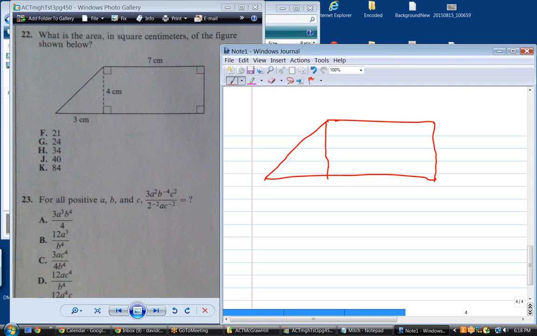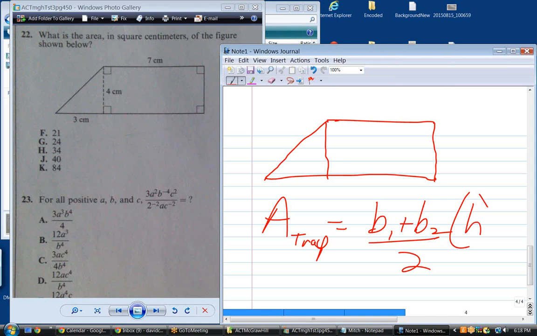It's a trapezoid. Because this is parallel to that, and this is not parallel to that. That makes it a trapezoid. Well, there are going to be some more difficult problems where it's going to be easier for you to solve if you memorize the area of a trapezoid. What's the area of a trapezoid? Remember the formula? Isn't it base 1 plus base 2 divided by 2